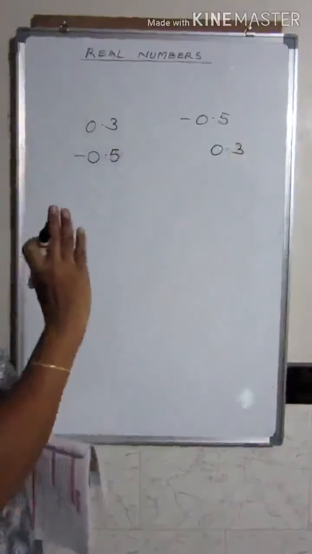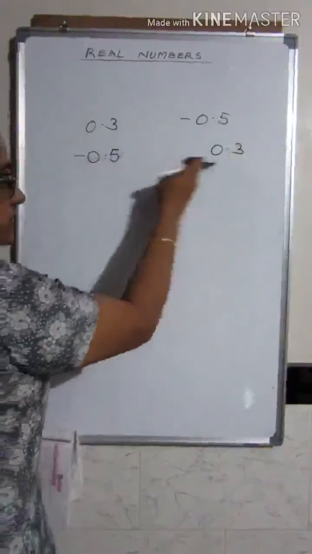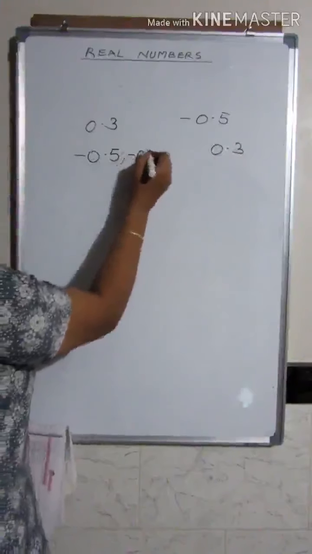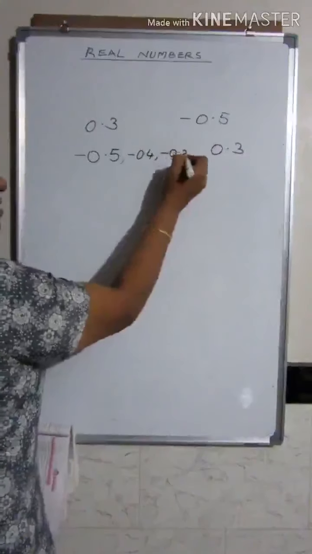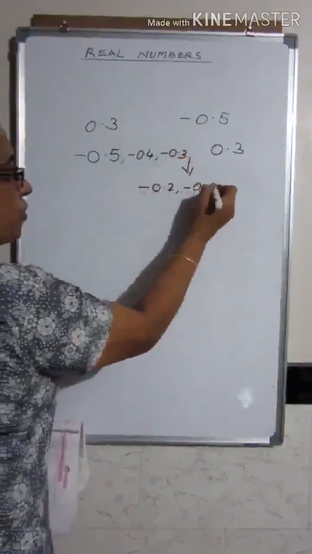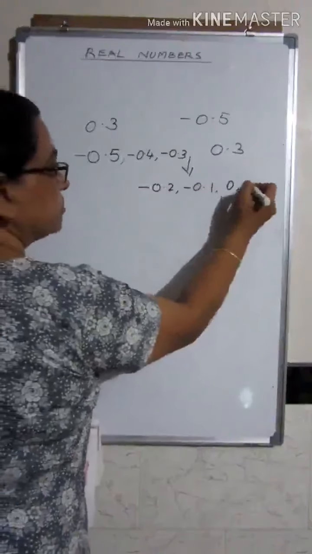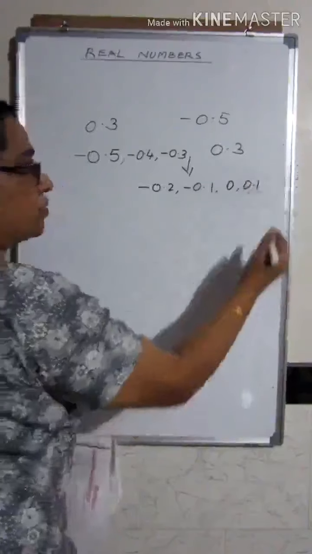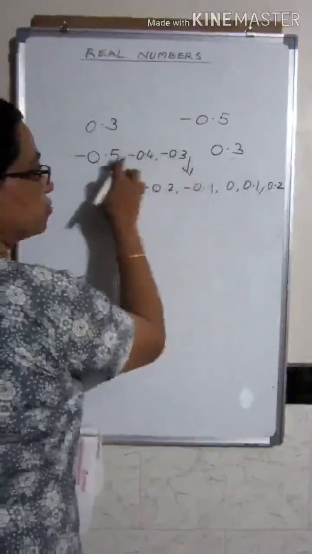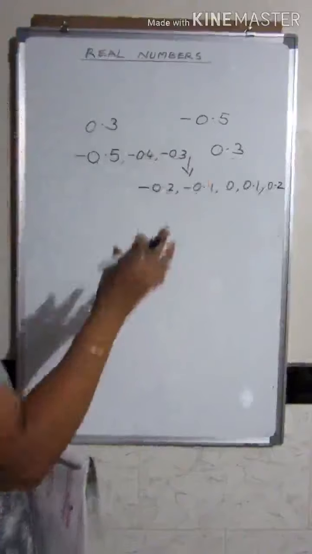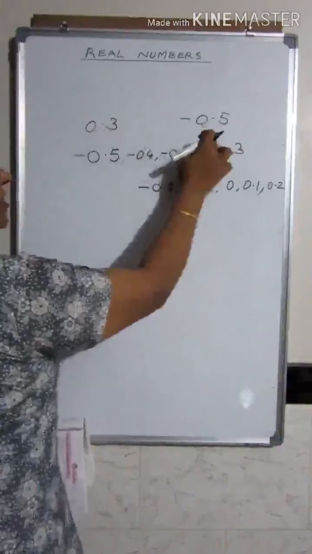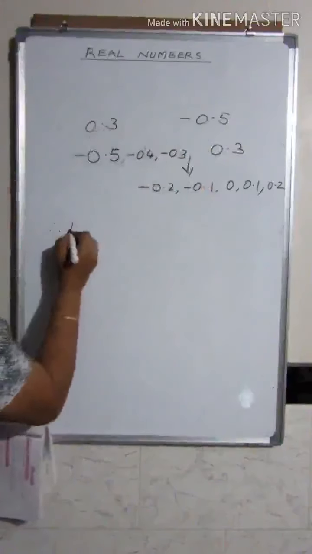Now if you recollect the number line, you can write very easily the numbers that come one after the other. After minus 0.5 you will get minus 0.4, then minus 0.3, minus 0.2, minus 0.1, then 0, then 0.1, 0.2 and 0.3. So like this you have got so many rational numbers in between these 2 numbers. Out of that you can choose any 3 and write any 3 rational numbers between the numbers minus 0.5 and 0.3. So therefore the 3 rational numbers are